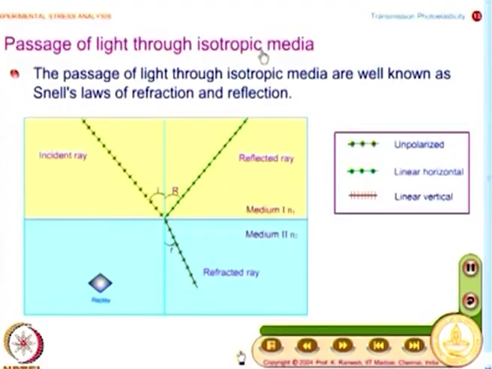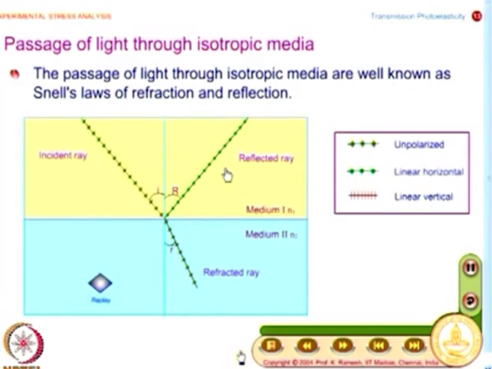And this all of you have seen in your school physics curriculum, but we will look at the same thing with our interest in mind. We will look at refractive index, but we will look at refractive index with a different perspective, and we will also look at from the point of view of polarization what happens. So, when I take an isotropic media, I have an incident ray and I have medium 1 shown by one color, medium 2 shown by another color. So, the light gets refracted,